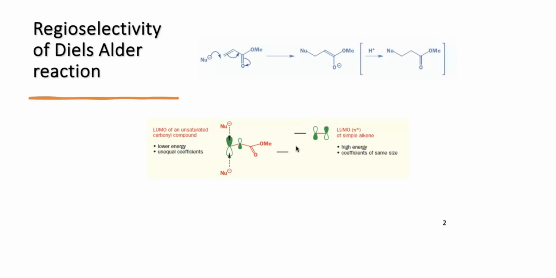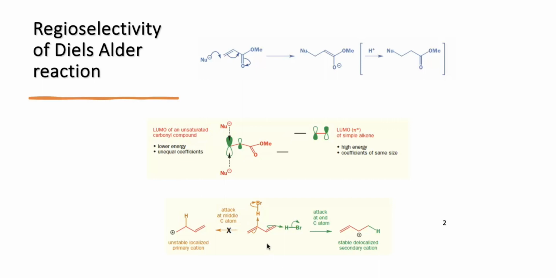When we compare it with a normal alkene, you can see the energy of the LUMO is higher, and the coefficients are of the same size. That is why this is preferred for the Diels-Alder reaction. For a better reaction to take place, we know that the HOMO should be higher in energy and the LUMO should be lower in energy. Now if we consider